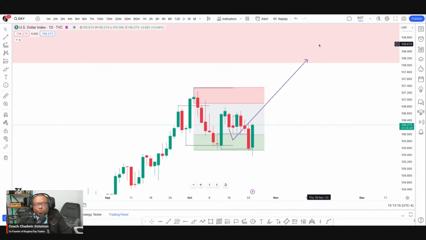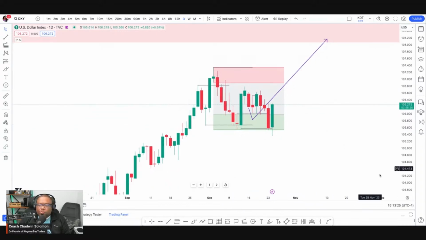Now, I'm going to be honest with you. I actually don't want to see the dollar index go down, because I'm concerned what that's going to mean for the economy as a whole. I don't want to see NAS go down. I don't want to see any of those things down. But what I don't want to see doesn't really matter, right? It's what the chart will do.